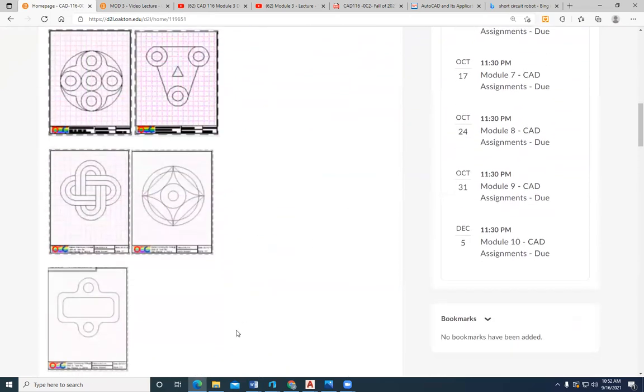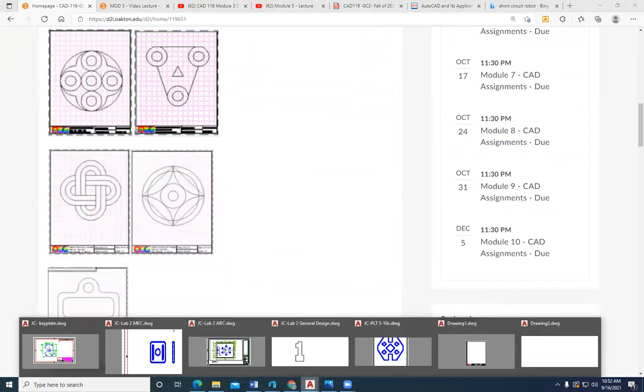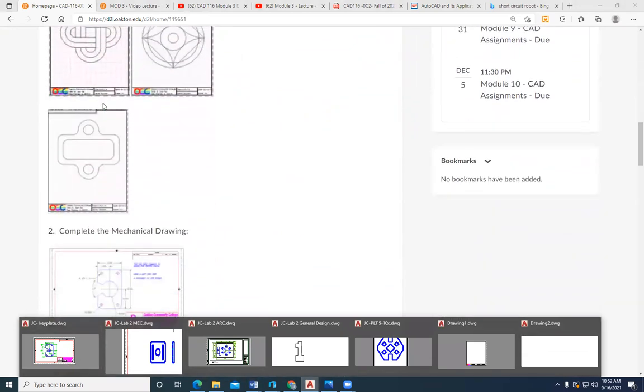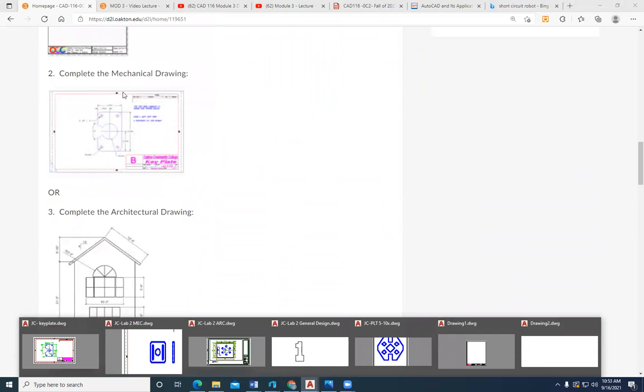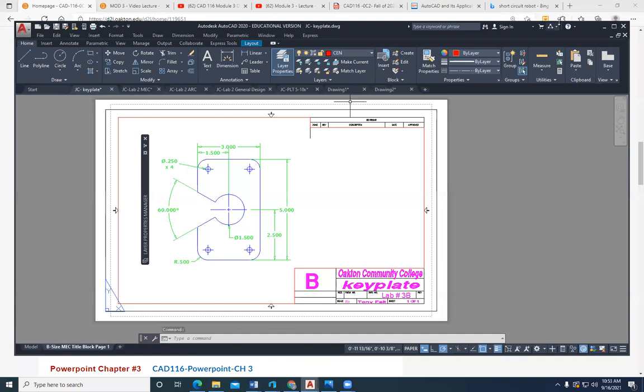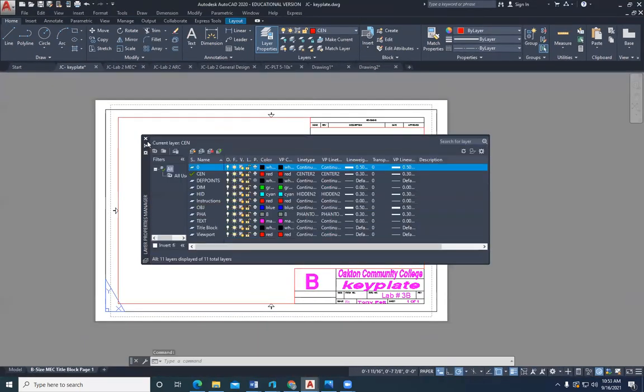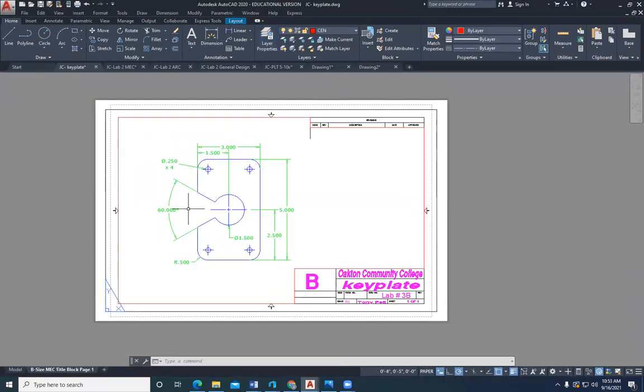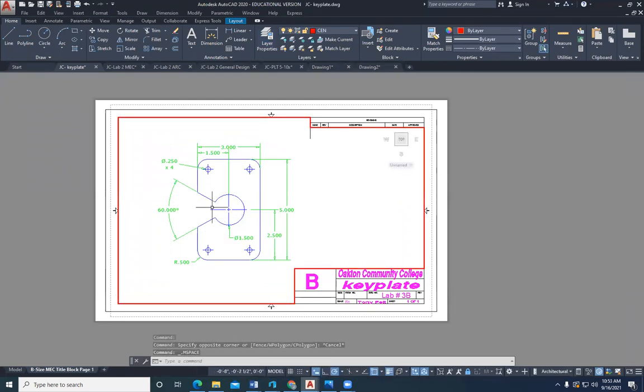Okay, so lastly, we'll just take another look at the drawings. The drawings for this week are to do these 5 plate drawings, which we've already shown, and then a mechanical drawing or an architectural drawing. I have the mechanical drawing open. I'm not sure if I have the architectural one at this time. I'll take a quick look for it. But again, it should be a nice clean drawing with dimensions, and you should have that within the title block. And so this is a 5-inch by 3-inch plate drawing with these 4 holes and this cutout in